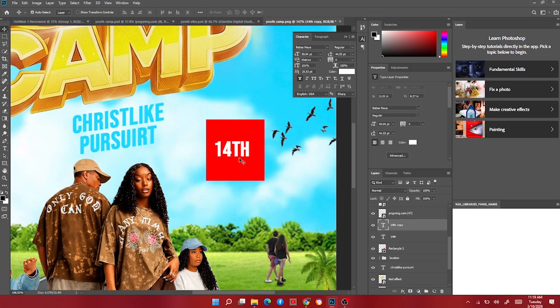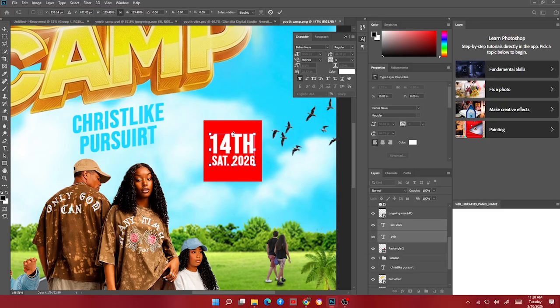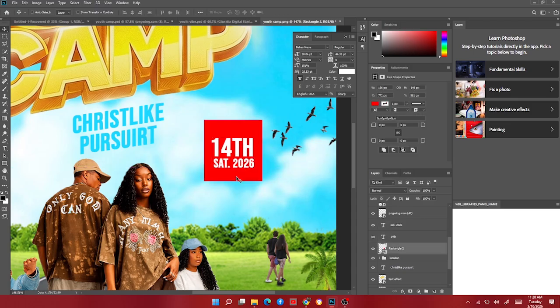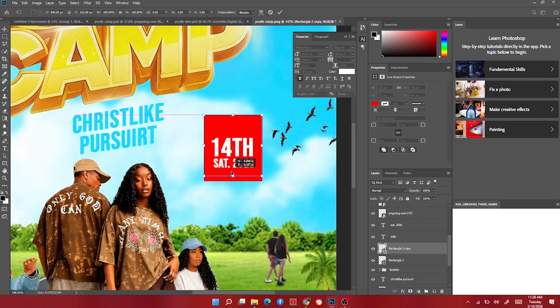So you Control J on this, take it down like this. Then on the Saturday, 2026, Control T, then adjust it. Take it up. If you're done with this one now, click on the 14th, increase it like this. Adjust it. Then Control J on the shape itself, take it up a little bit,